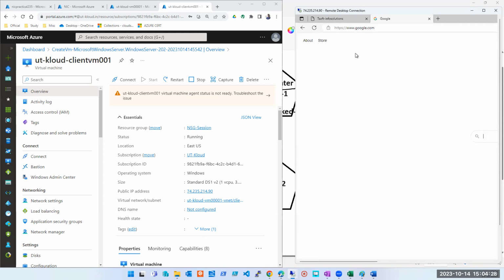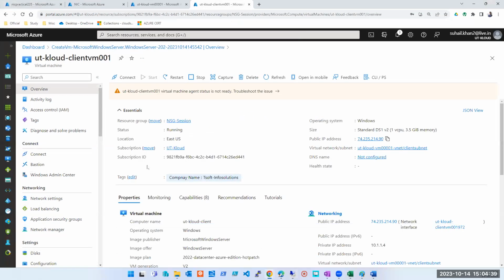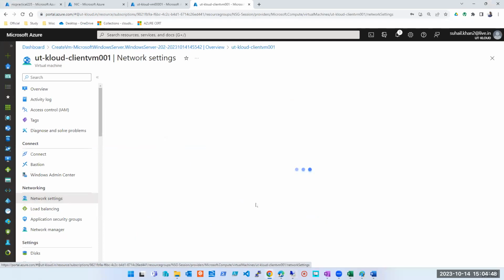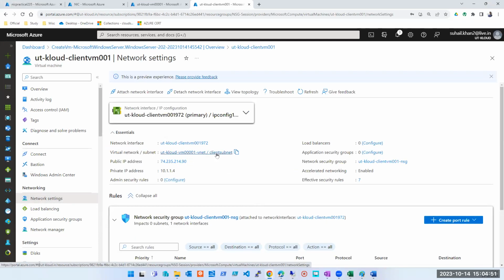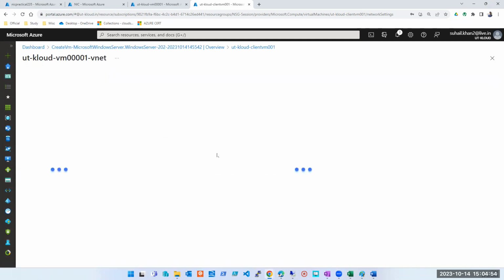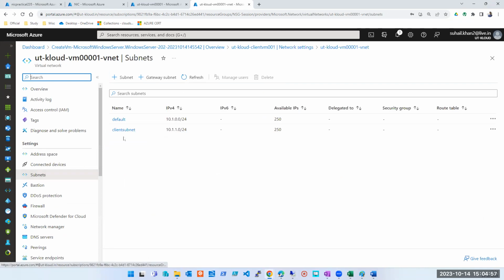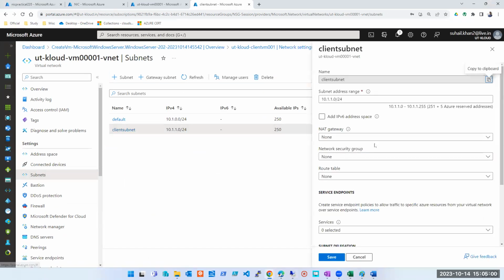We have only 2 minutes left, so I'll quickly show you the internet rule. The rest we'll see tomorrow. So this is the machine. Now I want to see which network security group is being applied on this machine. There are two methods. I go to network security settings. Here I'll come to know which subnet it is a part of. It is a part of the client subnet. So I'll go to the client subnet. Do I have any NSG at the subnet level? No, which means the NSG is at the NIC level.